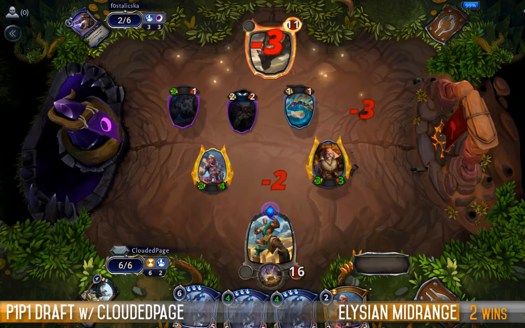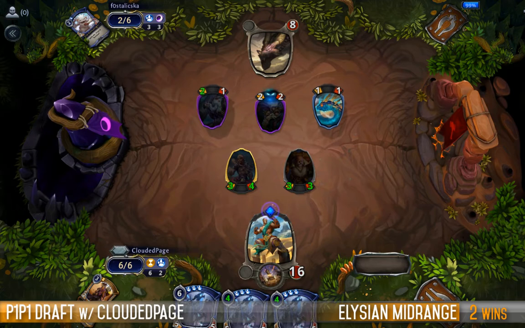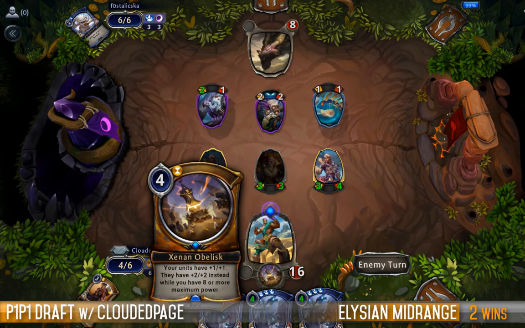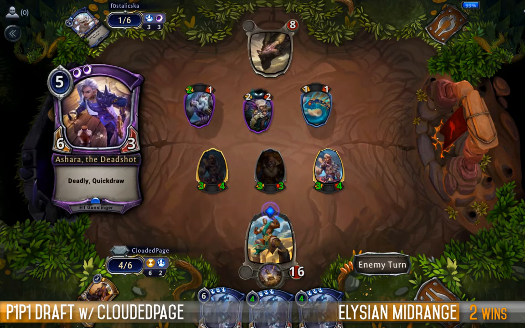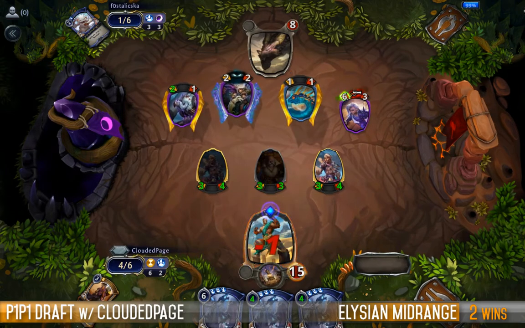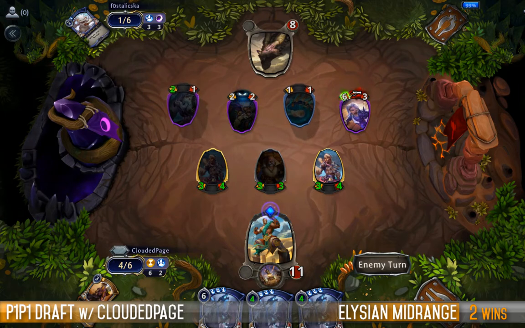That's fine. Trades where he can trade. Take the 6. And here's another 6. Or another 3. Another 6 would be amazing. So the Obelisk triggers at 8. I need another 2 power to trigger that. Oh, deadly and quick draw. Yuck. That was an incredible draw. Yeah. Wow. Okay. Suddenly,